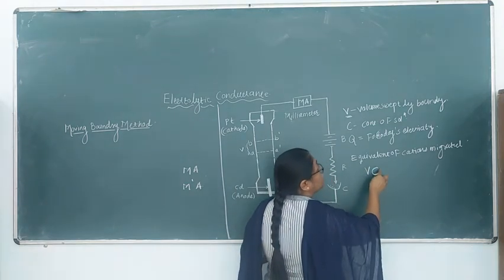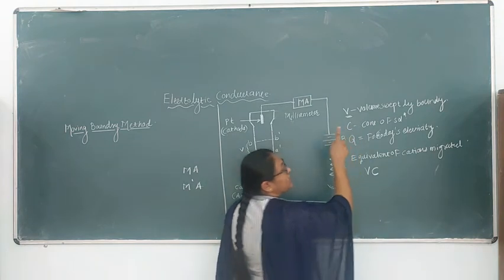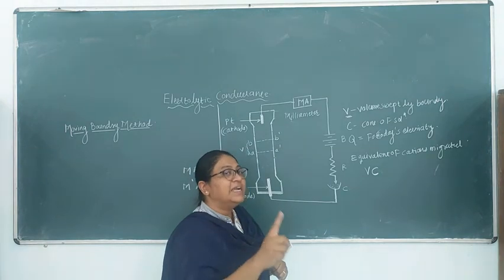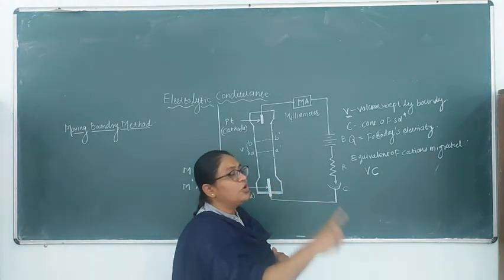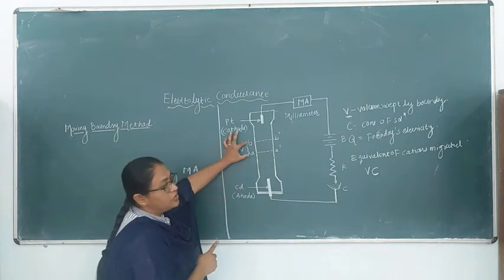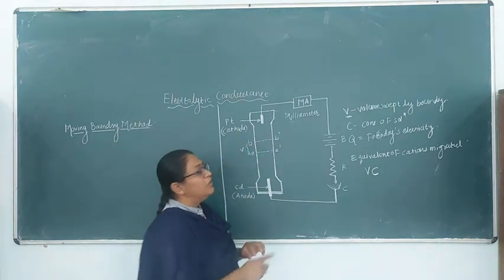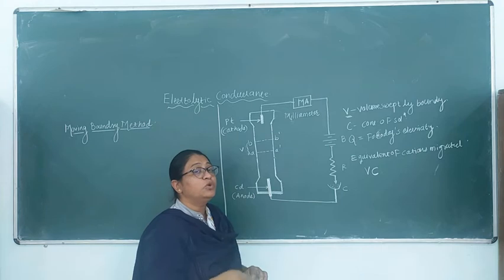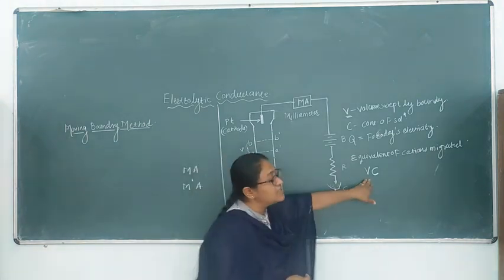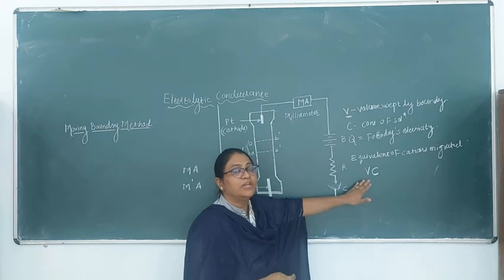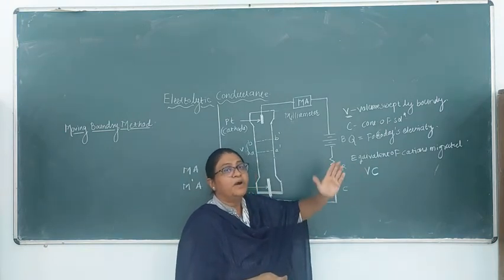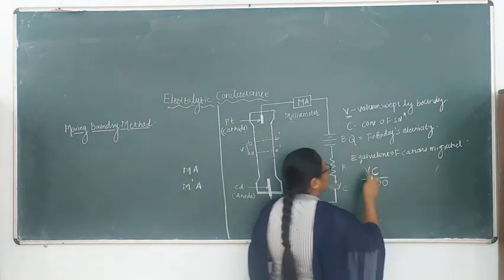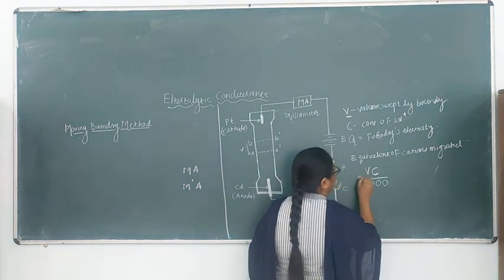If you want the concentration of cations, because this boundary is swept due to the migration of the cations, hence the concentration of cations that have migrated. So volume into concentration, which volume? This volume. This volume into total concentration will give you the exact concentration of the cations that have migrated. And if you want to calculate their equivalence, this is just the concentration. If we want to calculate their equivalence per liter, we have to divide it by 1000. So this is the equivalence of the cations migrated.